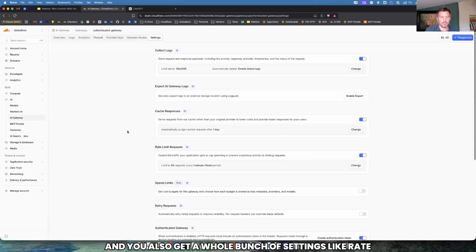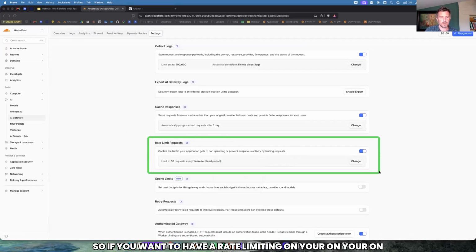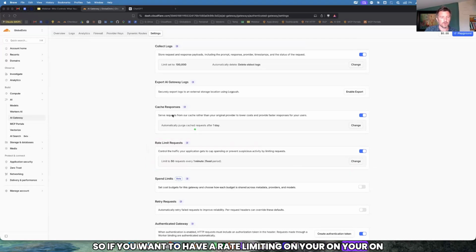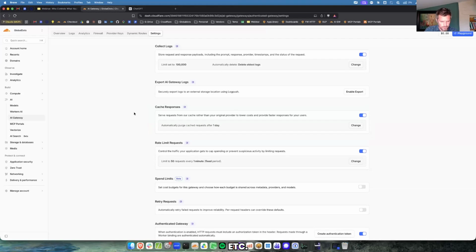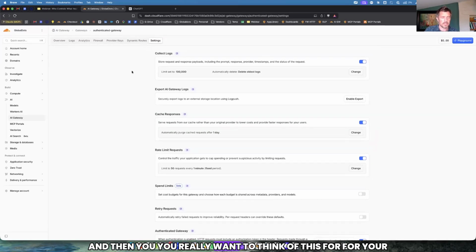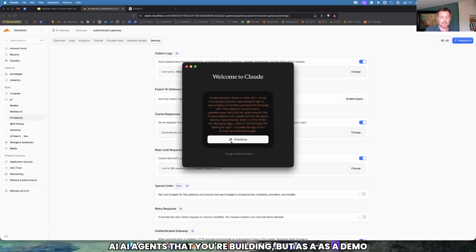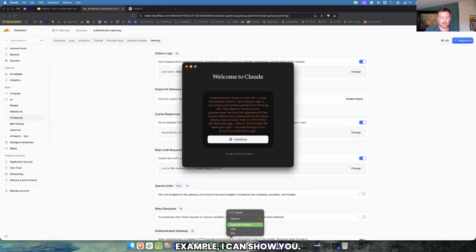And you also get a whole bunch of settings like rate limiting. So if you want to have rate limiting on your AI, or you want to have cached responses, etc. And then you really want to think of this for your AI agents that you're building.